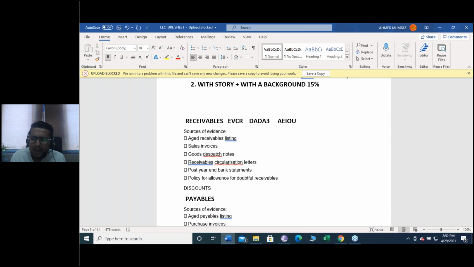Tell me guys, have I used A, analytical procedures, in order to verify receivable as yet? I don't think so. I think I haven't used A. So can I use A? Why not? Let's compare the receivable balance of my client for this year on a month by month basis with the last year. And if there is any significant increase or significant fluctuation, you need to have further investigation and further discussion with the client. This is an analytical procedure.